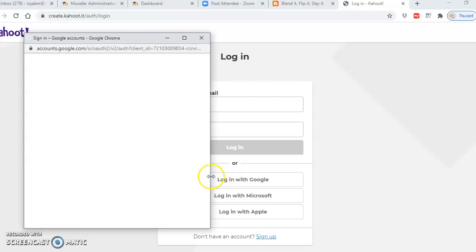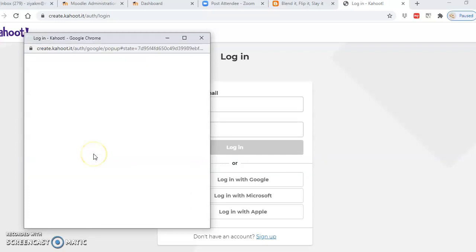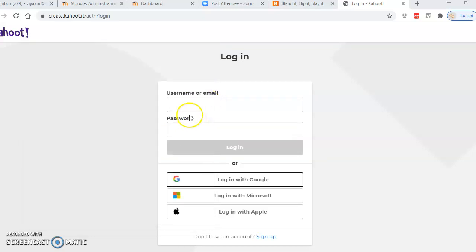So then you just put in your answers here, and then you decide which is the right answer. I say, okay, this is the right answer. You have to do all this as the teacher, and you can have many more questions. It need not be just one question. Add several more questions, and you say done, and you add a title. You can give a description, and you continue, and it says validating Kahoot.